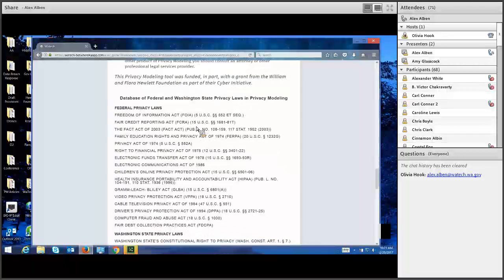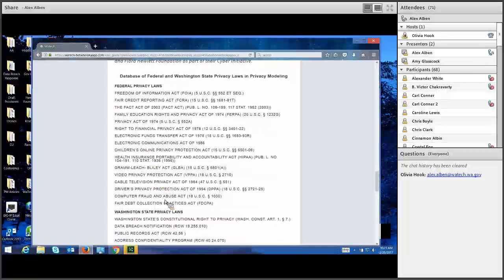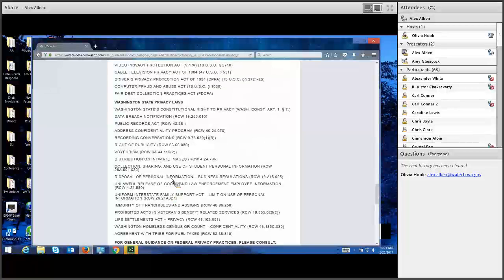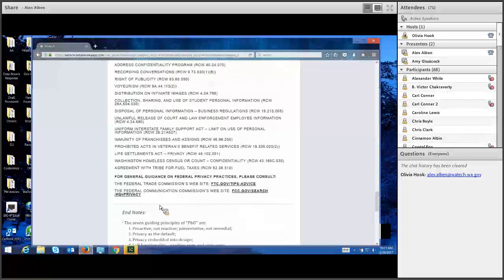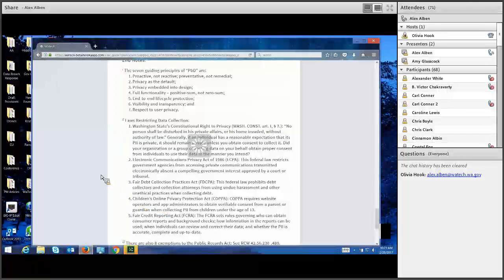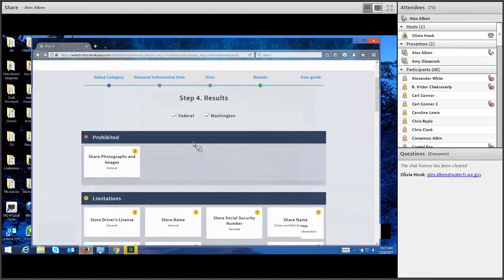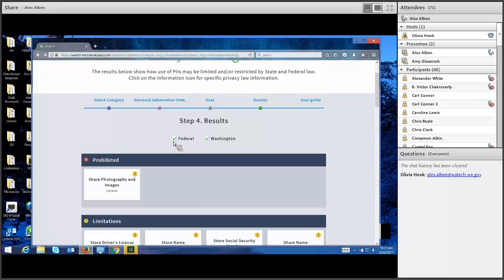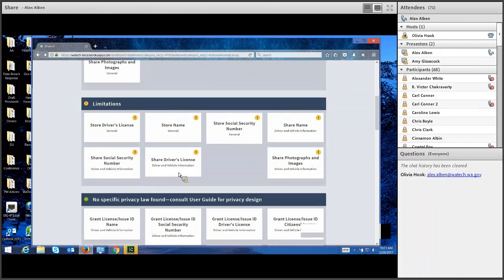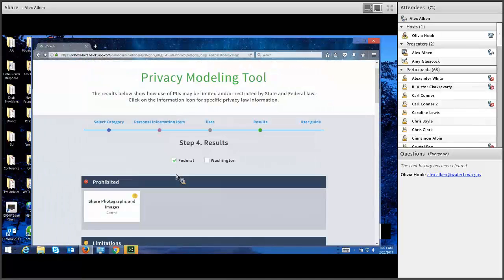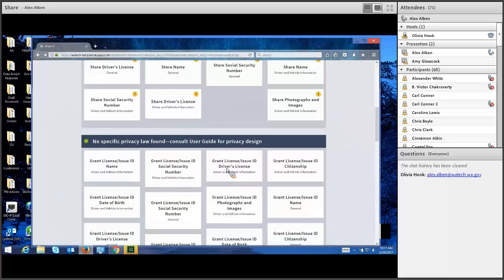And then in the interest of transparency, we do list the laws that we did research and tag for the database, and also the Washington State laws that are in the database. And I think as you saw, there are two modes of results in the tool. So you could just do a federal search. I imagine a lot of you don't really care about Washington State law, but you can just use this federal mode, and then it will triage the results based on that. And if you do Washington law, it populates it with more of the Washington laws.